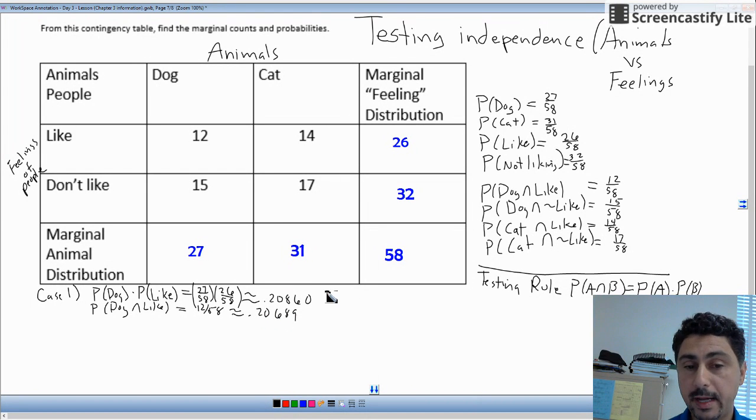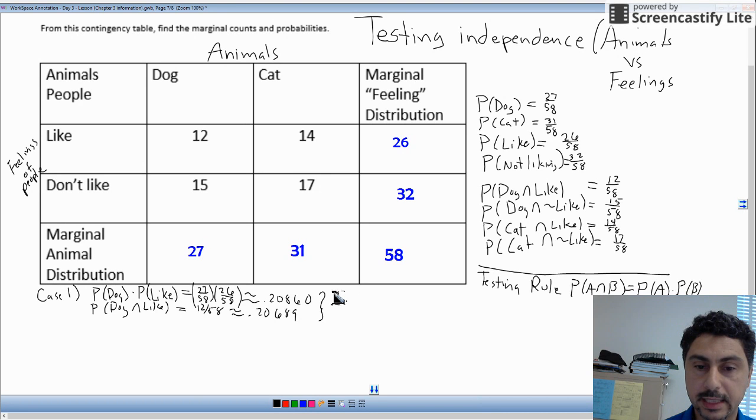Now, if you were in my class, I told you that since these are not the same, we say they are not independent. But on a more advanced AP test, we would say there is little